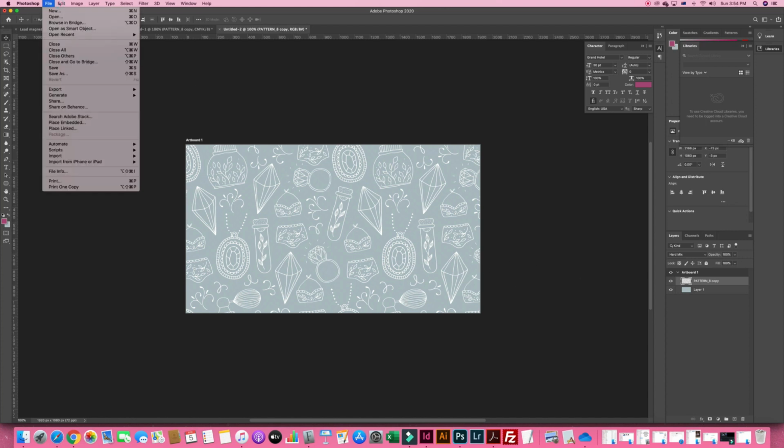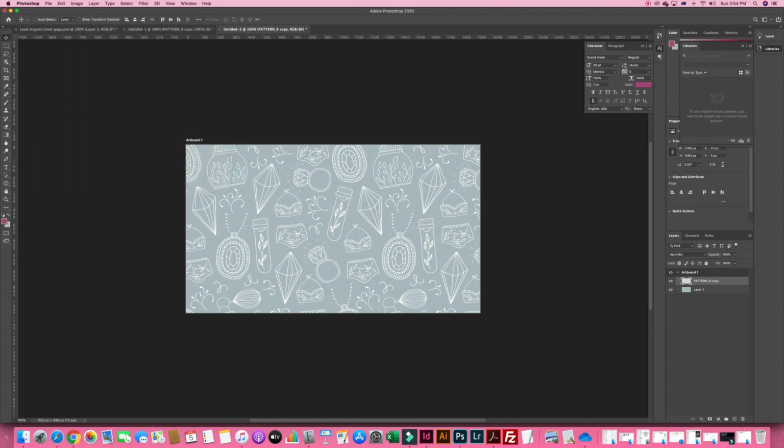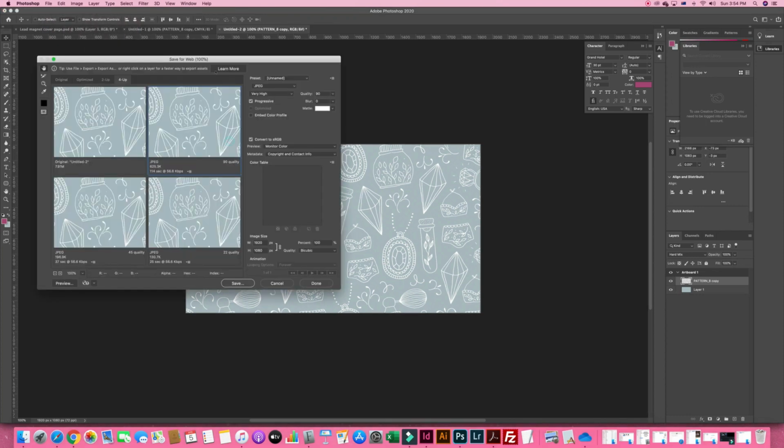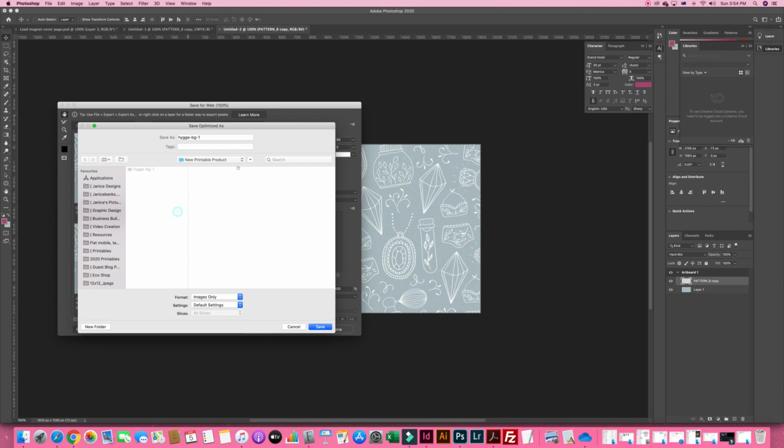So I'm just going to head over to File, Export, Save for Web. That will really optimize your image, giving you the best quality, while making sure that your file size is small. That's why I'm choosing to go for Save for Web. And then I'm just going to click the Save button, and then I'm just going to put